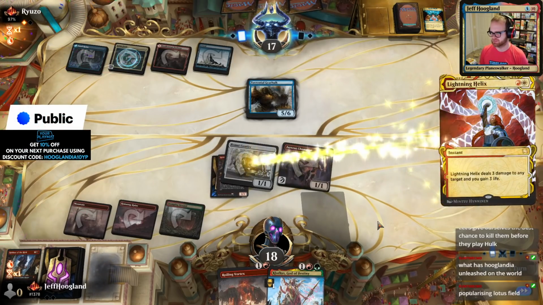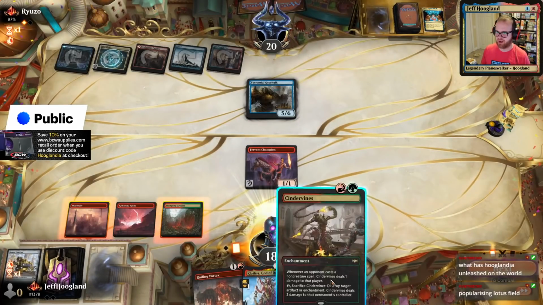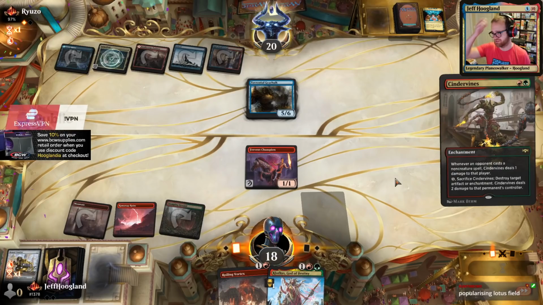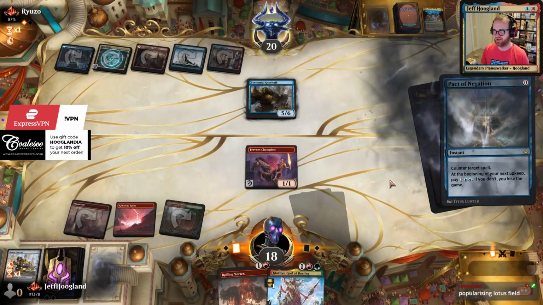That probably ends the game, right? I think we're dead here. Pretty solid thrashing here. Okay. Alright, so you're saying there's a chance. Speaking of Cindervines, opponent is at 17 still, but I've got...